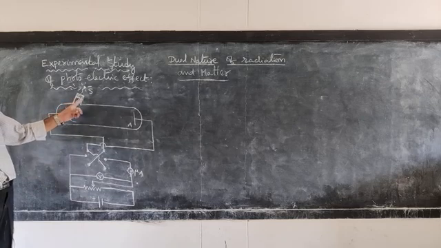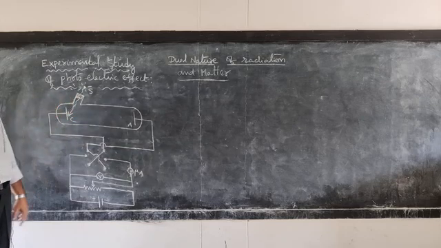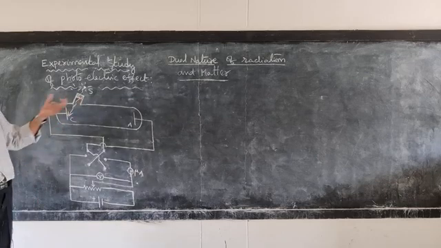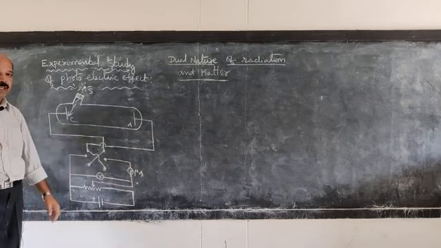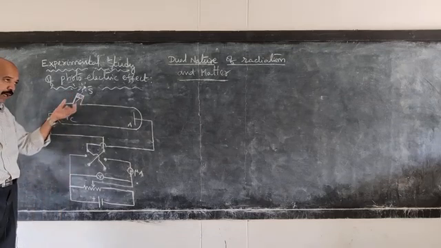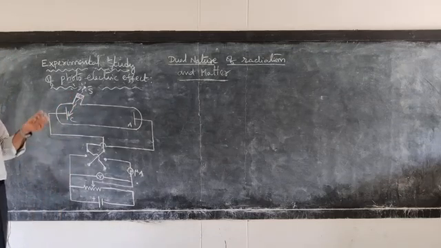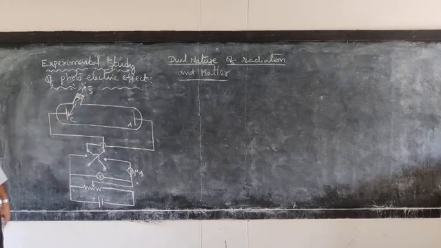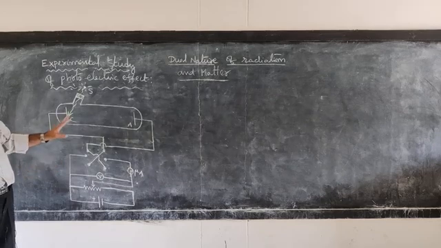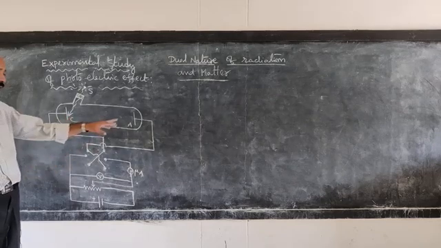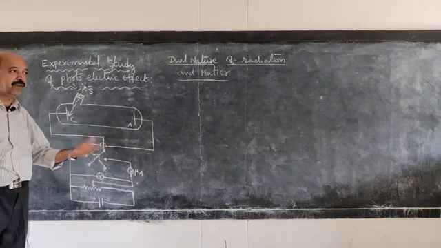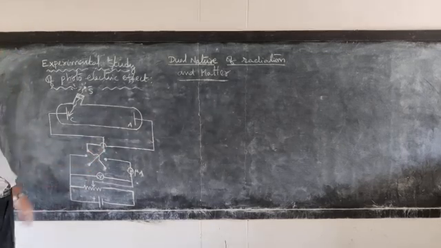By using different colored filters for the window, you can admit radiation of suitable frequency, or you can use a spectrometer arrangement for admitting a particular wavelength radiation to fall on the cathode. Cathode and emitter are the same, anode and collector are the same, so different words but they are the same.